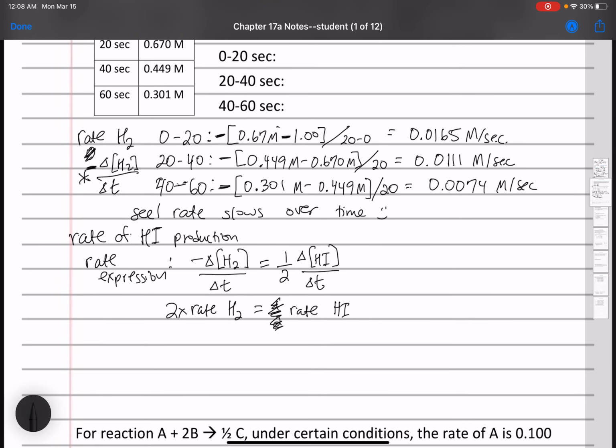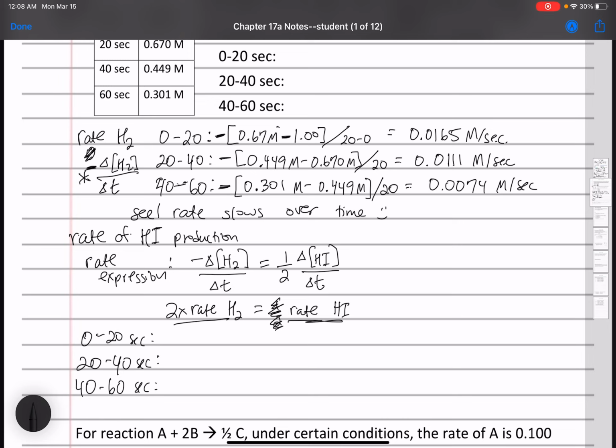I think it's easier thinking of it stoichiometrically. All right, so the rate of HI is just going to be 2 times the rate of H2. So if we do it that way, from 0 to 20 seconds, from 20 to 40 seconds, and from 40 to 60 seconds,